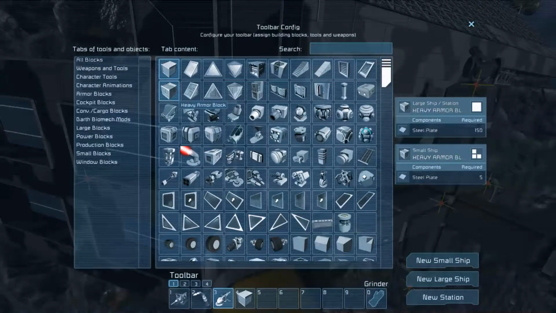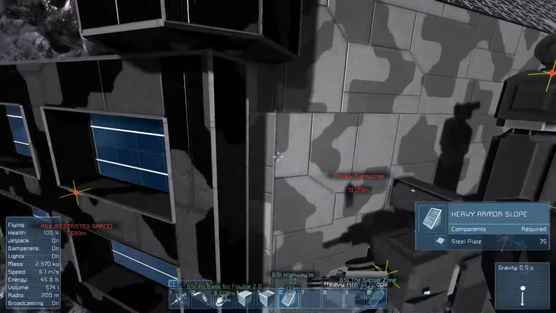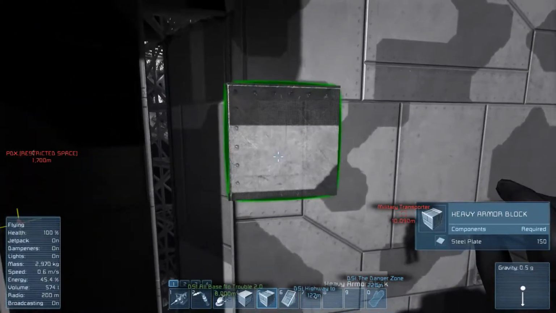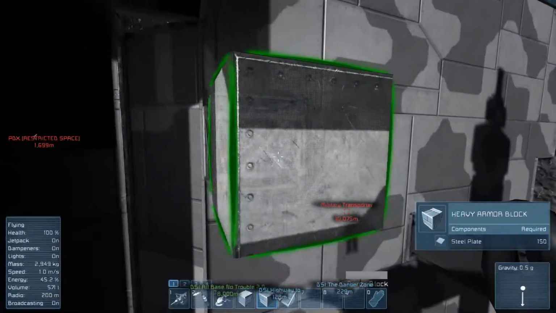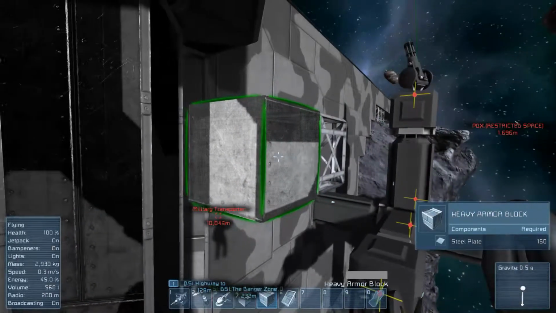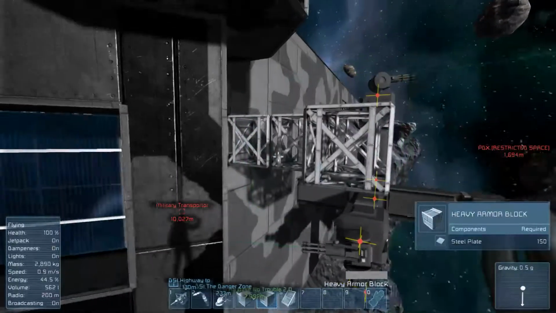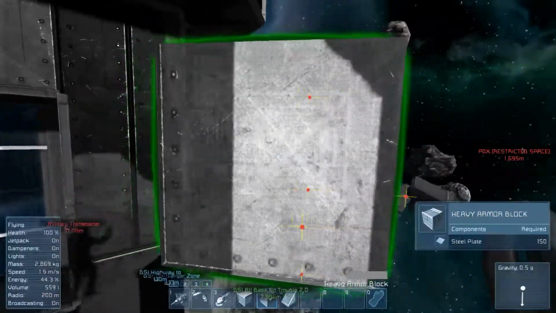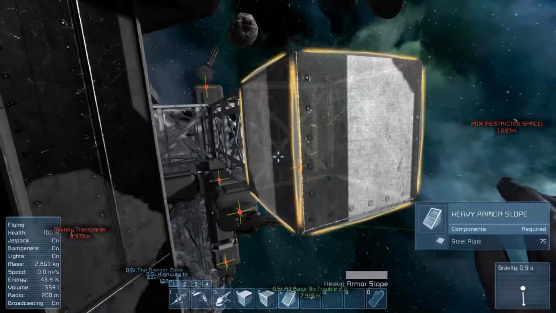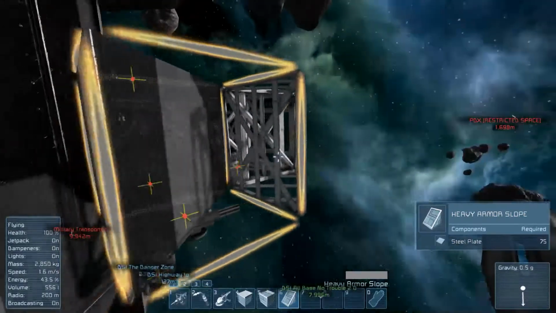If I go here, I'm going to need some heavy armor blocks and slopes. So my concept, my idea, is to come out like this, and it looks like I need to go up one more. So if I were to go here and then start coming along this route with something like this,